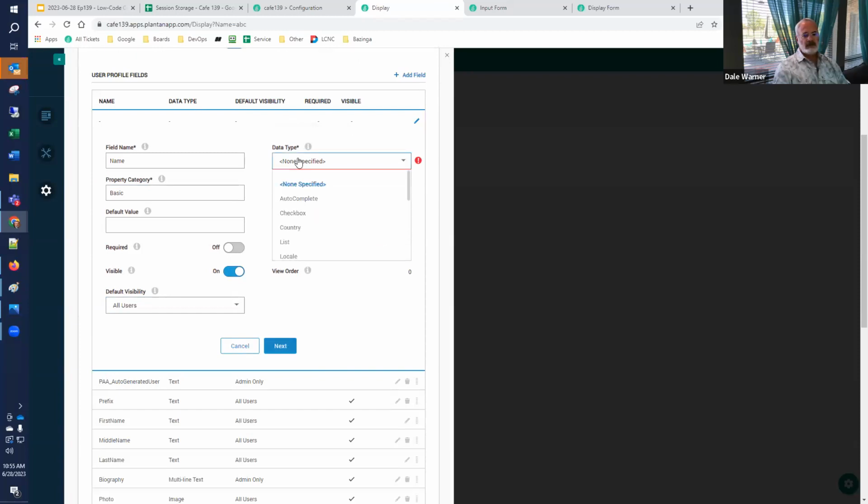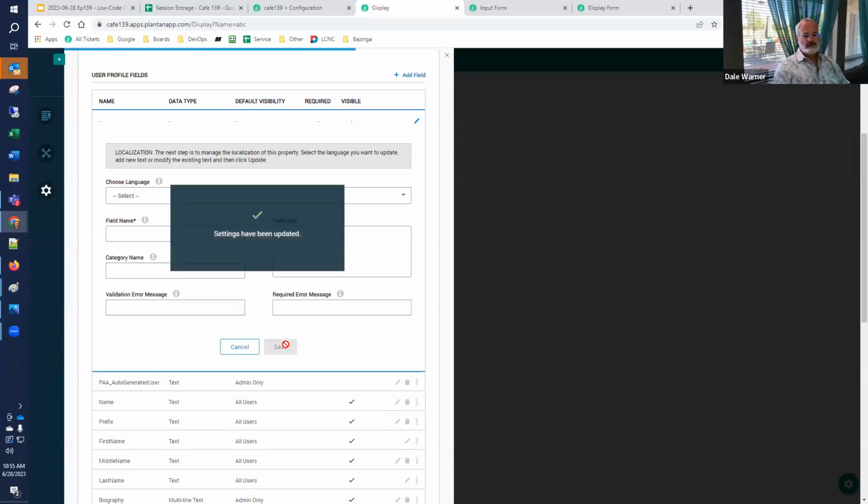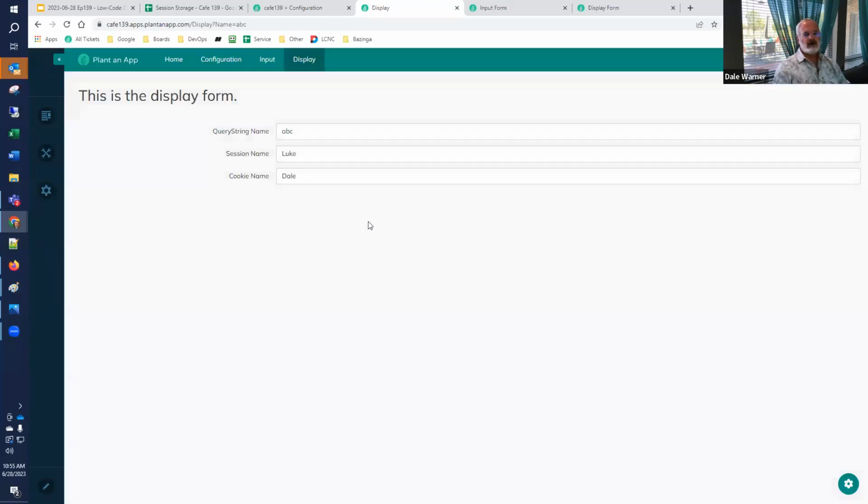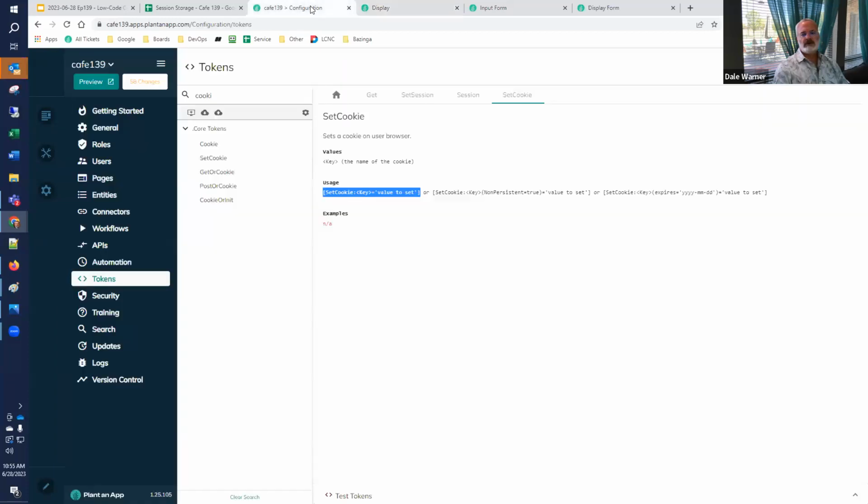Then I have to pick a data type, which is going to be text. There it is. And I have to specify a length, so we'll say 30. This has told the system to create a table, or a spot in a table, in the background that's going to take care of that and store that information. And if we,